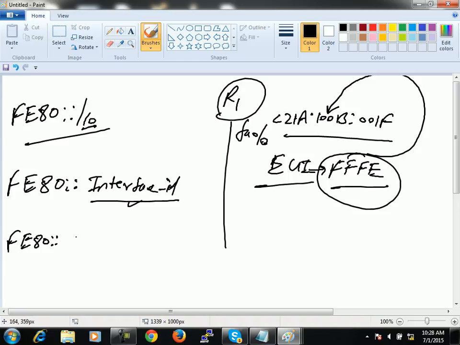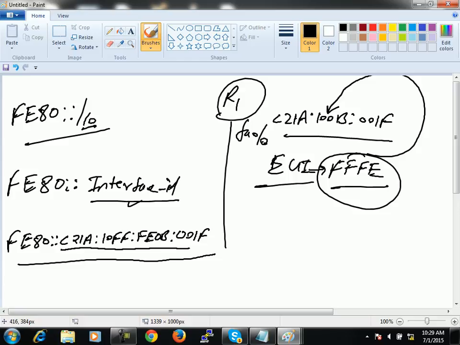FE80 double colon, and it will be C21A colon, because here in the MAC address it was separated by dot, but in IPv6 addressing it would be separated by colon. So 10FF colon FE0B colon 001F. This is your link local address, but still inside the interface ID it will change its 7th bit. 7th bit will get changed